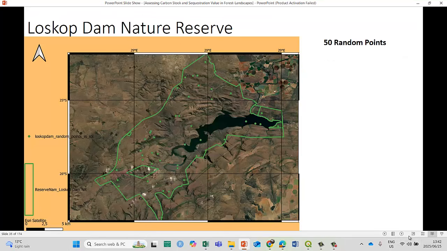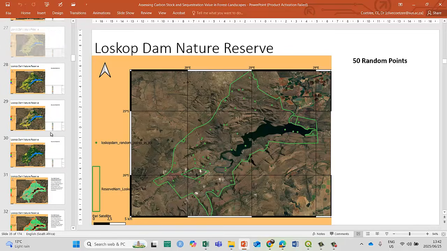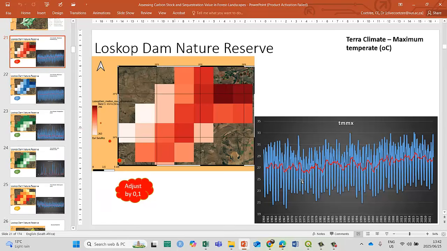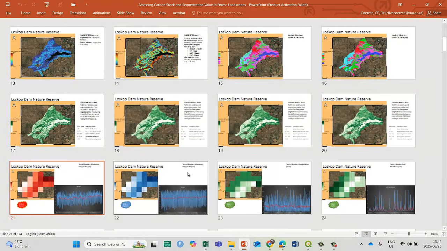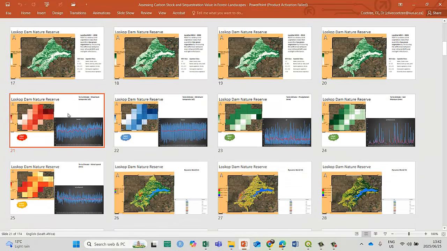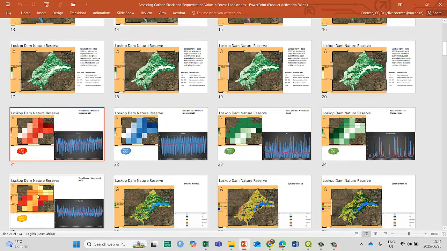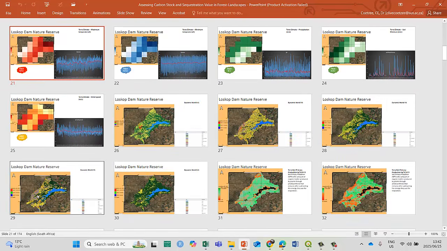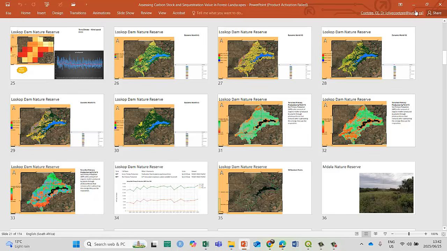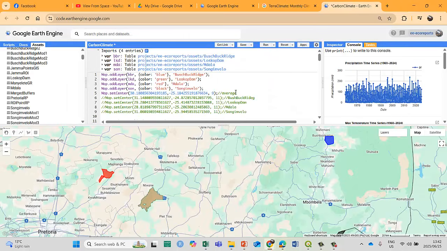Sorry, let me just quickly get out of here. What did I do now? Where's my climate? There's the 4 of them. Let's quickly just put them like this. There's the maximum temperatures, the minimum temperatures, the precipitation, rain, soil moisture, and wind speed. Okay, so now we've done quite a bit already, and as I said, basically Google Earth Engine, all done. Was there anything else that I wanted to do? Yeah, nope, I think that's about it.